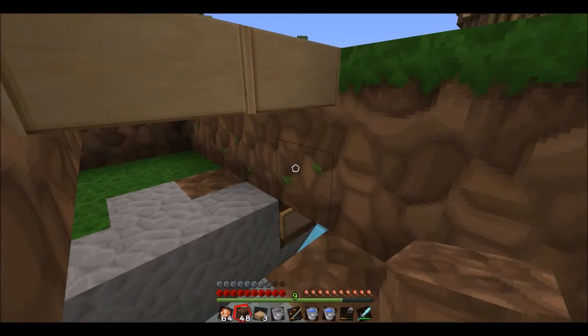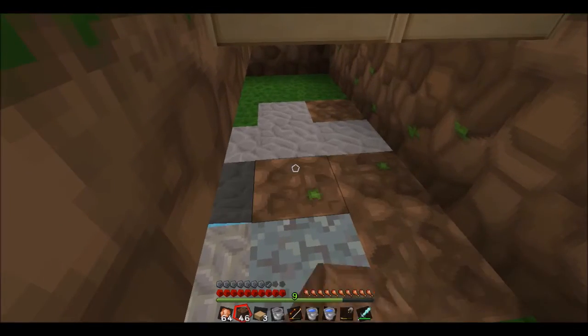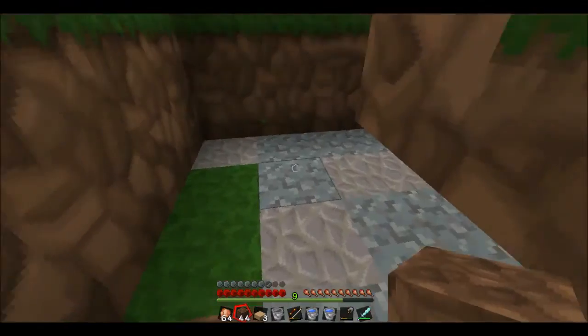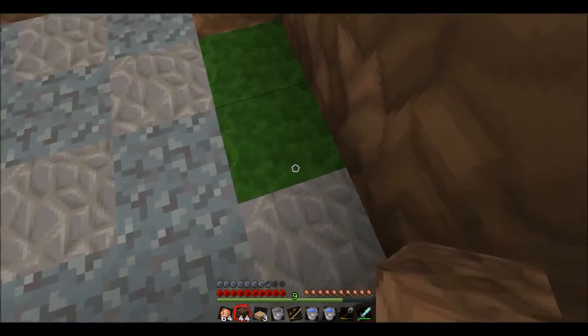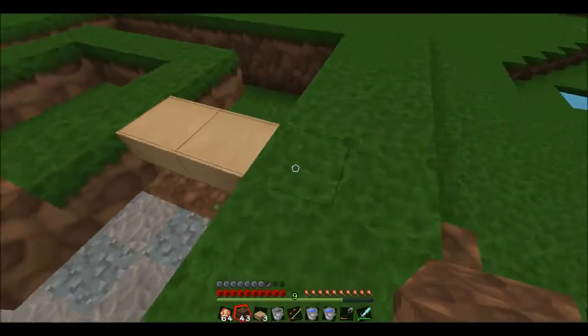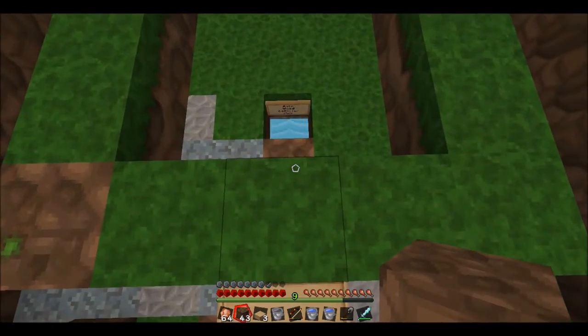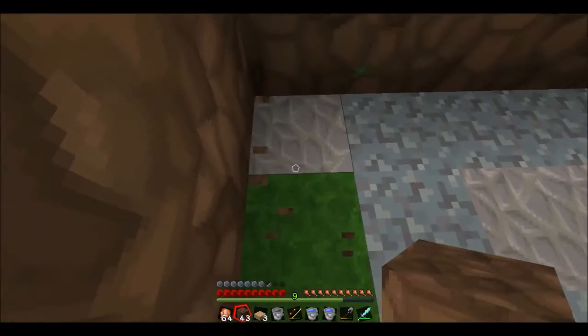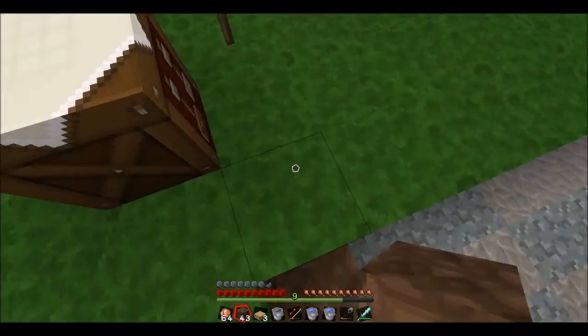We'll have a go. So then what I'm going to do is I'm going to fill in here all the way to the hole. So now we've just got a hole. So that's right. That works really nicely. Thank you very much. No, don't want to do that, you fool. Right, so